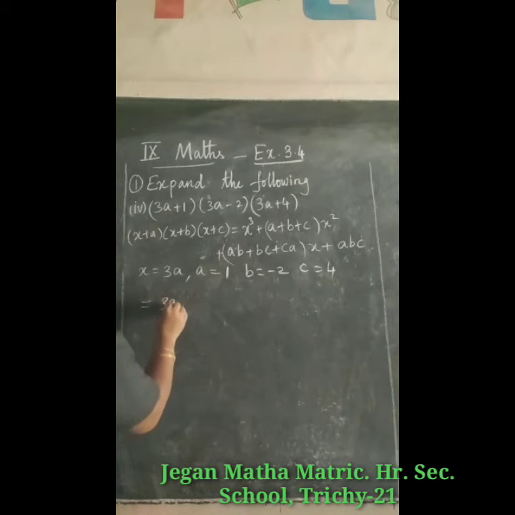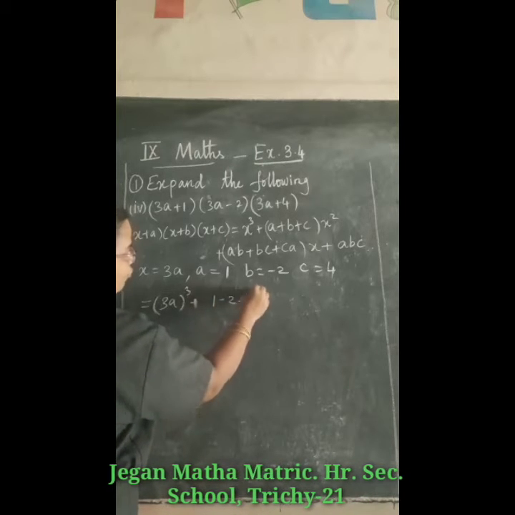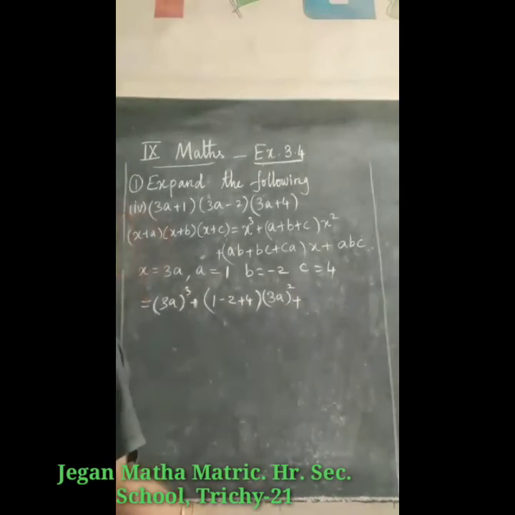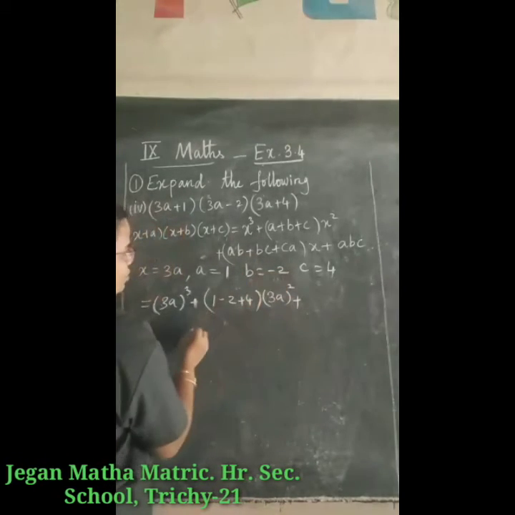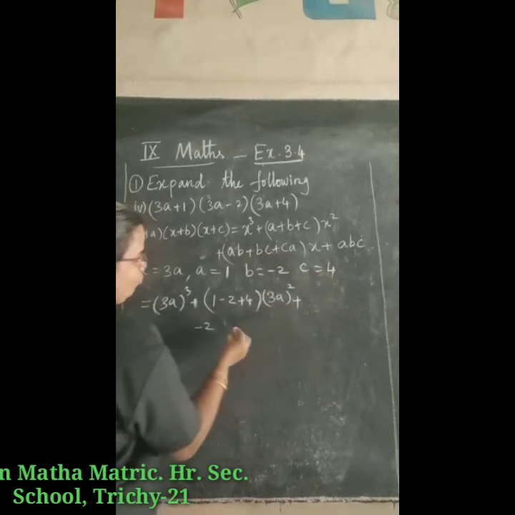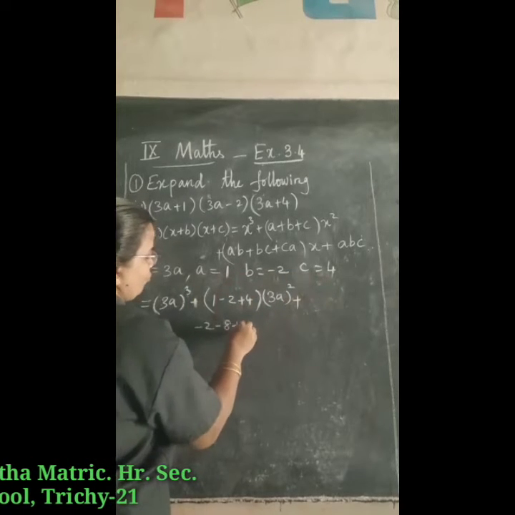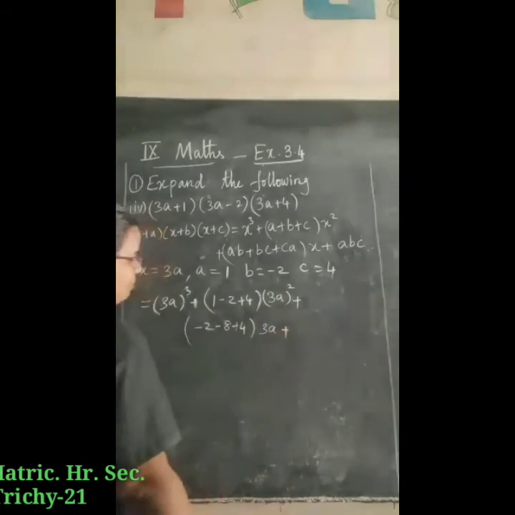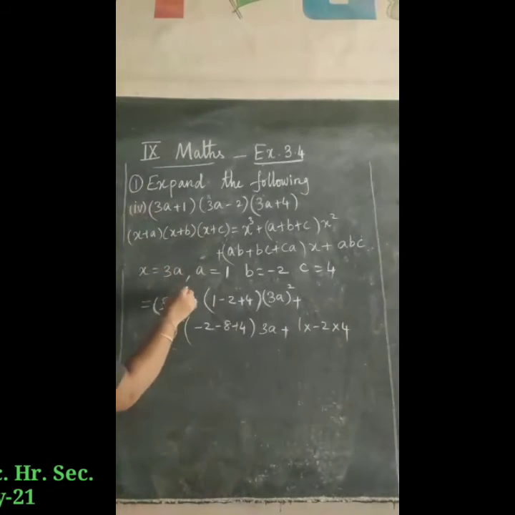X cube means 3a the whole cube plus 1 minus 2 plus 4 into 3a the whole square plus what is ab? ab means you have to multiply a into b. So my 1 into minus 2 is minus 2, and bc, minus 2 into 4, that is minus 8, and ca, 4 into 1, plus 4, into x, so 3a plus abc, so 1 into minus 2 into 4. So that is equal to 3 3s are 9,